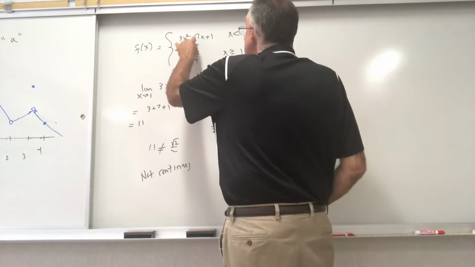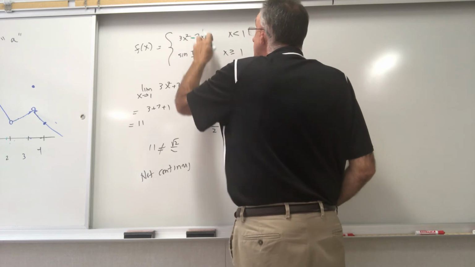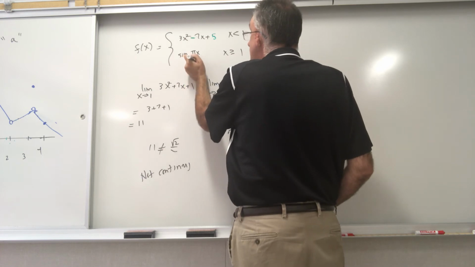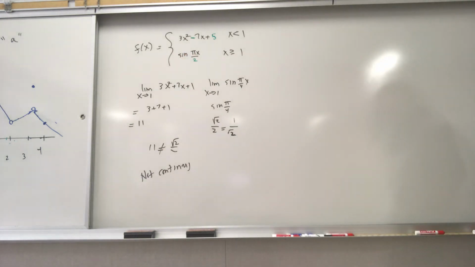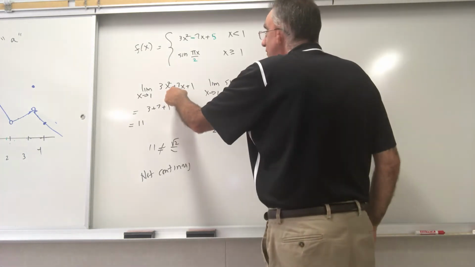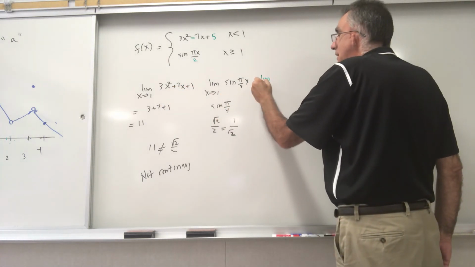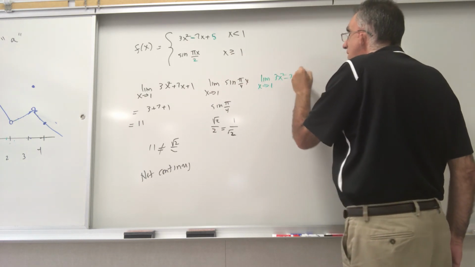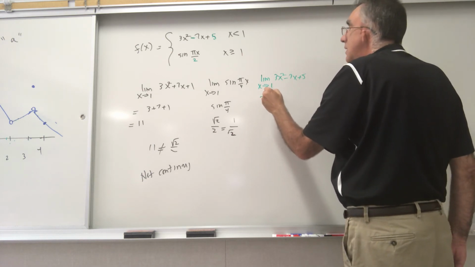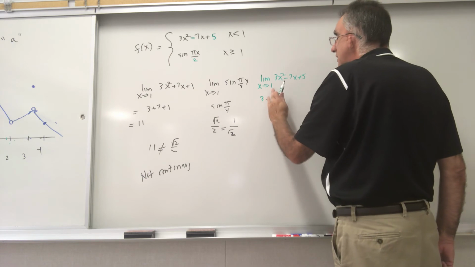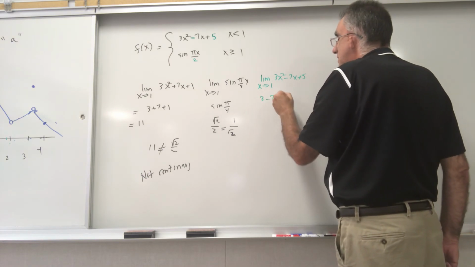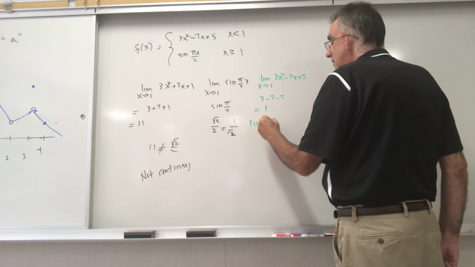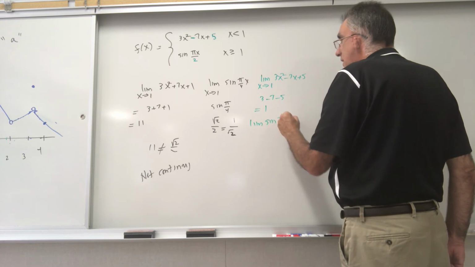Okay. Now, just for the fun of it, what if we did this? What if we change this to a minus and this to a 5, and we change this to a 2? So what if now I take the limit as x approaches 1 of the 3x squared minus 7x plus 5, and I put the 1 in, 3 minus 7 plus 5 is 1. Limit of sine of pi over 2x, if I put